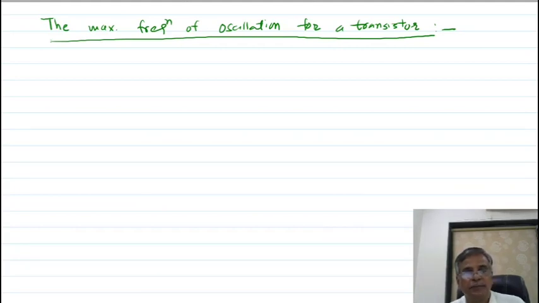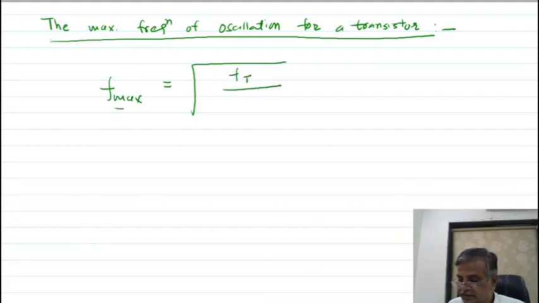So there is some upper limit of the frequency of oscillation beyond which the Barkhausen criteria is not satisfied. The maximum upper limit of the frequency of oscillation, F maximum, is given by this equation,